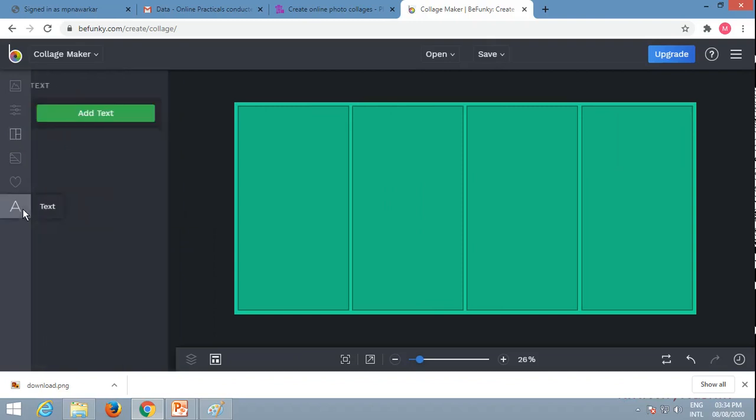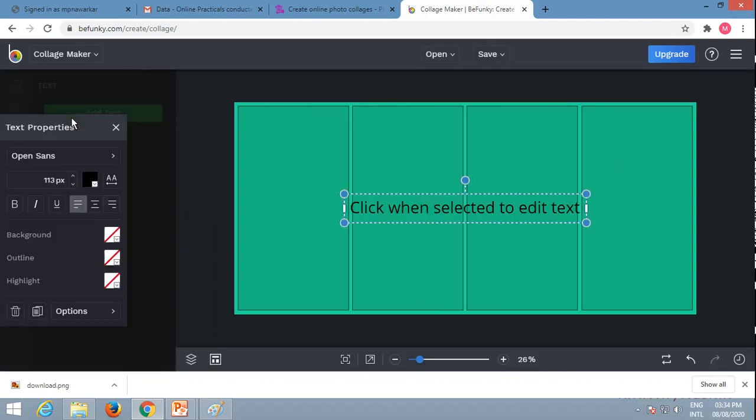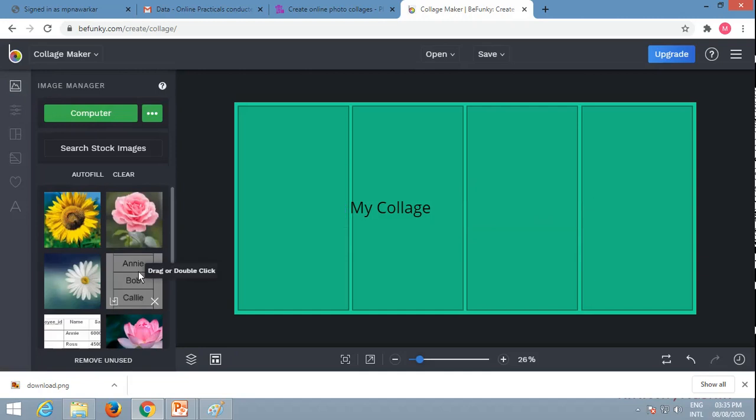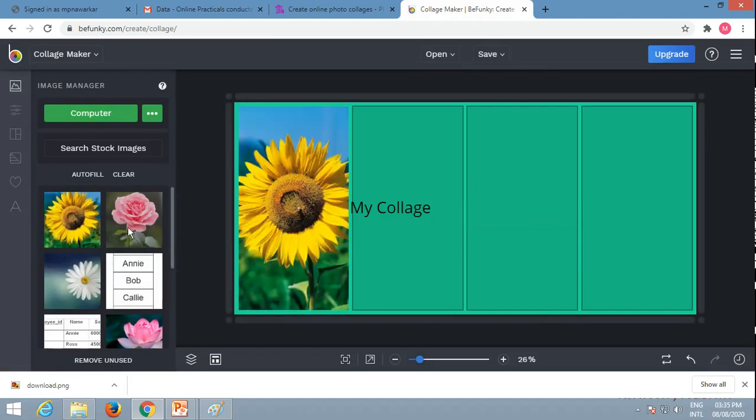Then you can give the text. Suppose it is my collage. You can give here. Then these are the text properties. Then you can just go to image manager and these images are there. You can just drag here.